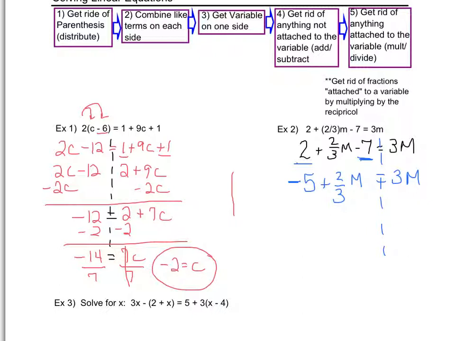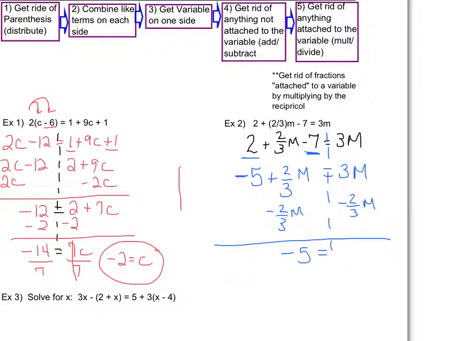From here, I need to make sure I have the variable on only one side. Well, I have the variable on both sides, so I'm going to subtract one of those away. I'm going to subtract the 2/3 m away. Doing that, so minus 2/3 m from both sides, I see I'm going to have to use my fraction rules. So I'm going to go ahead and say I'm left with a -5 on the left, and on the right,